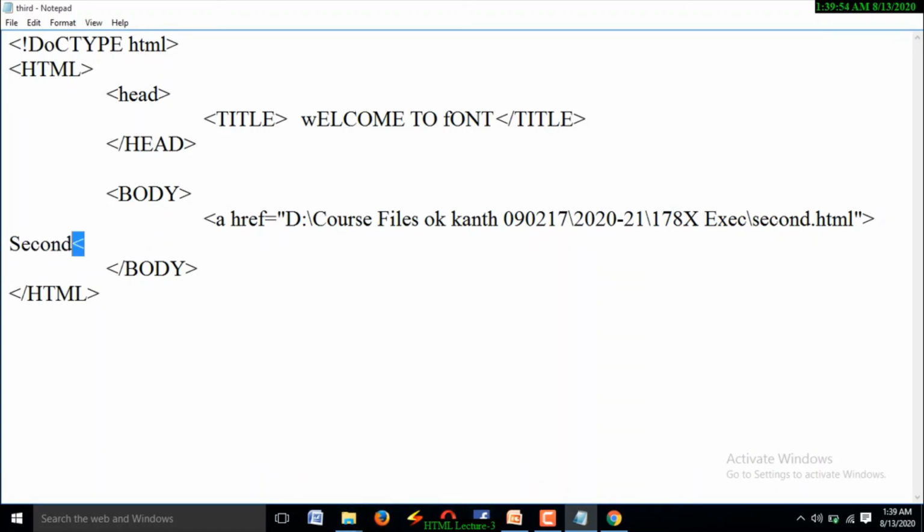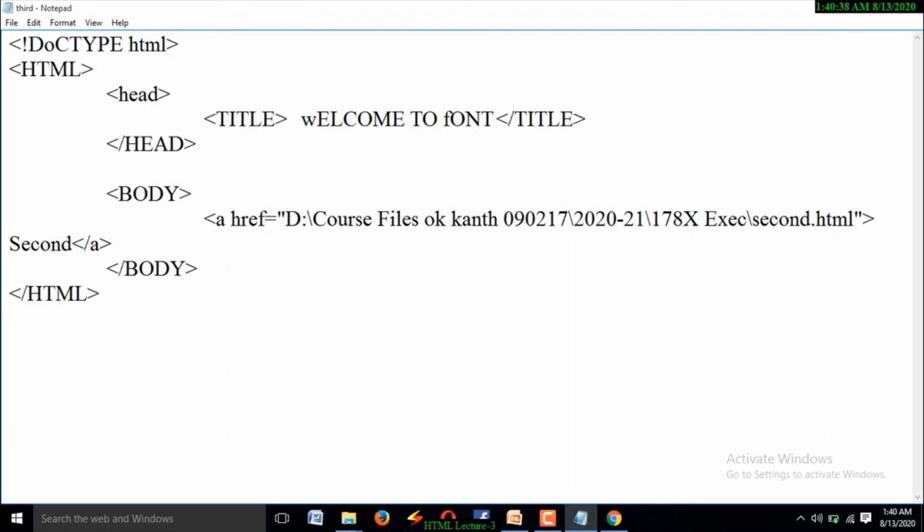If you click on this content, this is the name, right? This is a hypertext. If you click on this text, you are going to visit the second.html file, and this is the closing of the anchor tag.